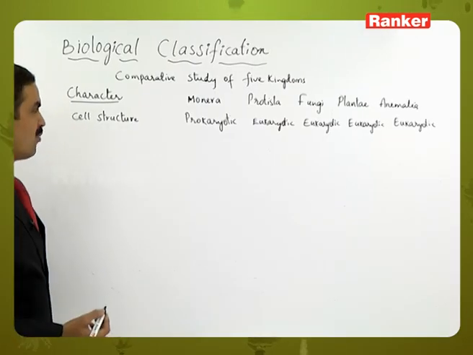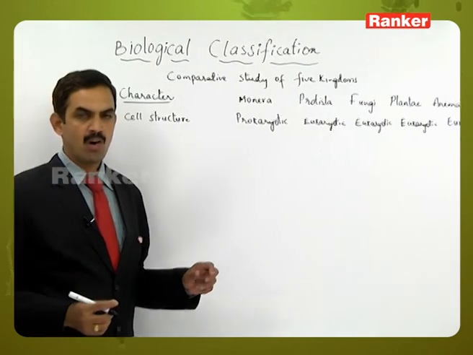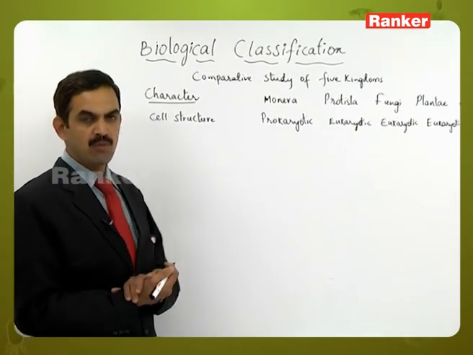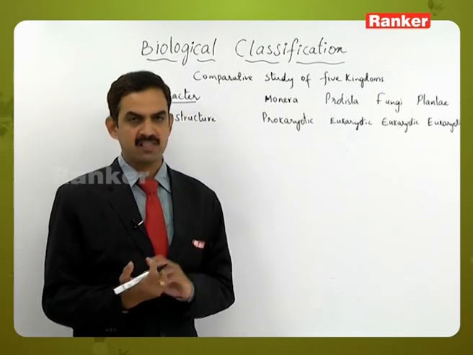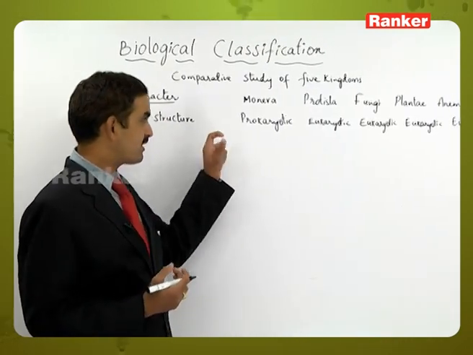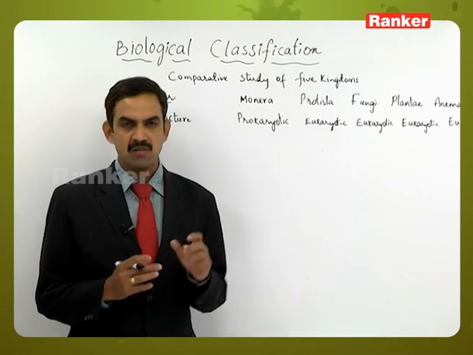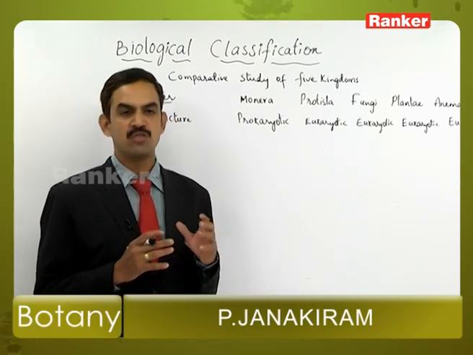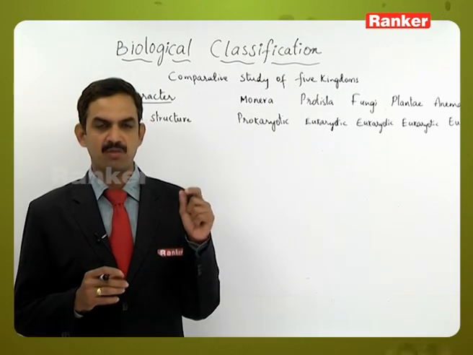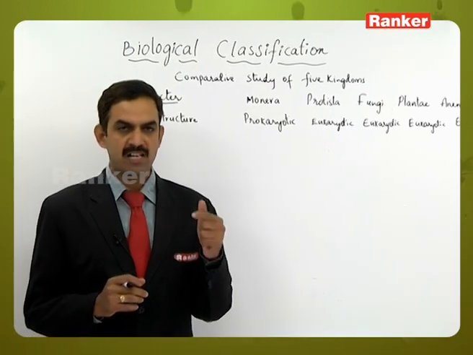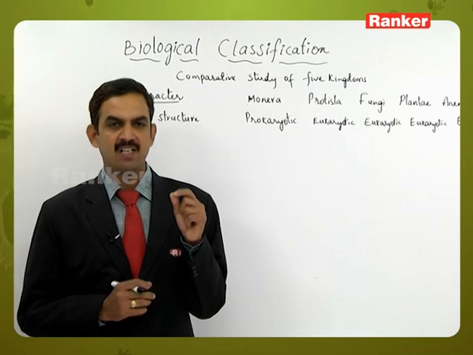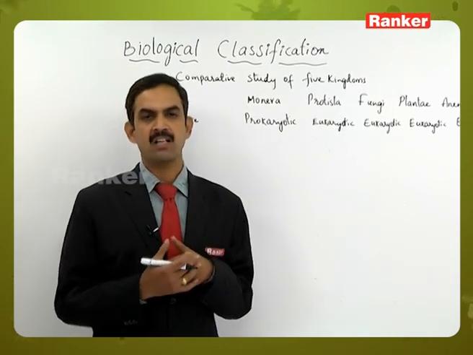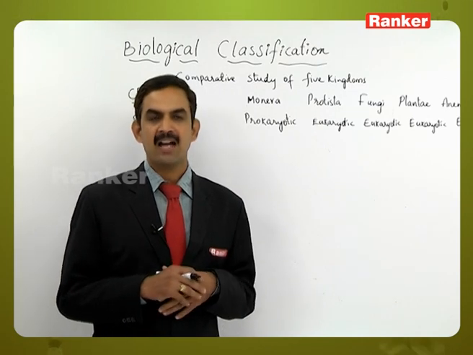So that means Monera is the only group of the 5 kingdoms which is prokaryotic in its nature. When we discuss this characteristic feature, prokaryotic means the cell or the organism which does not have a membrane bound nucleus. The nucleus normally contains 2 membranes around it, but in prokaryotes that nuclear membrane is completely absent. Apart from that, the nucleolus and nucleoplasm are also absent.